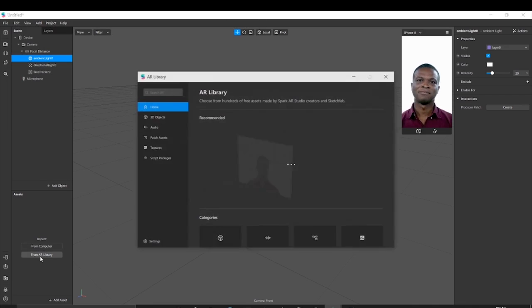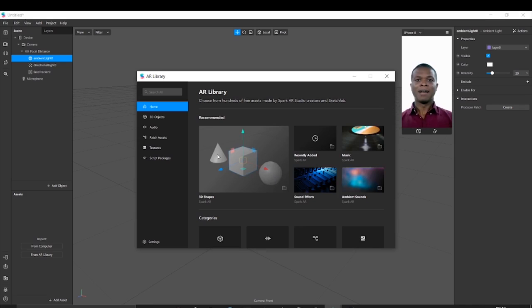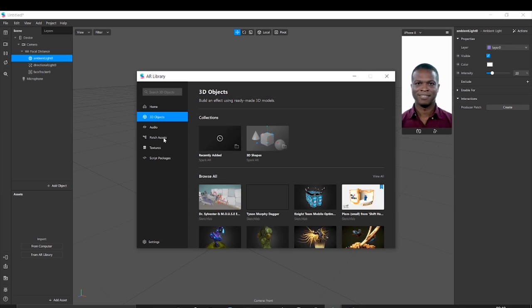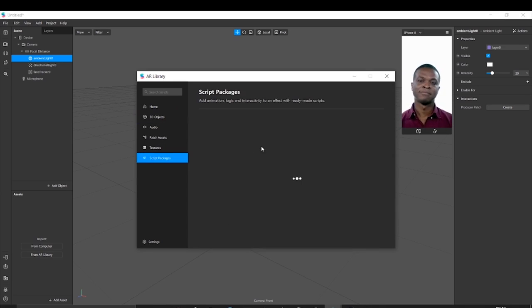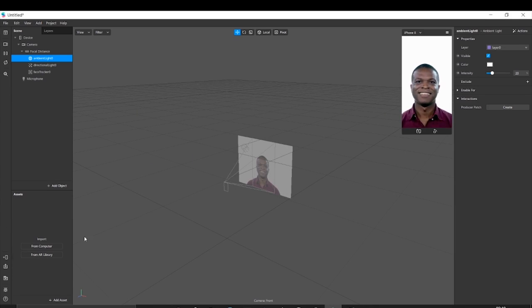You can also have assets from the AR library. The AR library has some inbuilt stuff for you, like 3D objects, which you can directly place here. It will save a lot of your time. There are patch assets, audio, textures, and some script packages also. Whatever external stuff you need to bring into your scene, you will get over here.